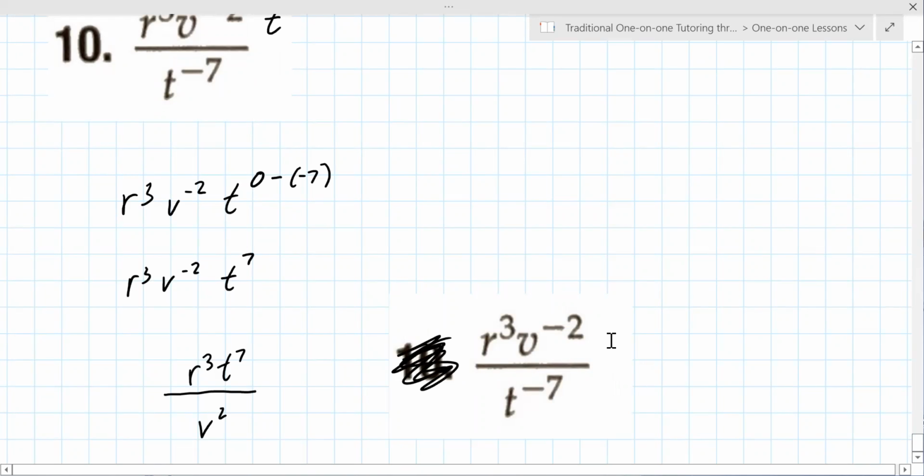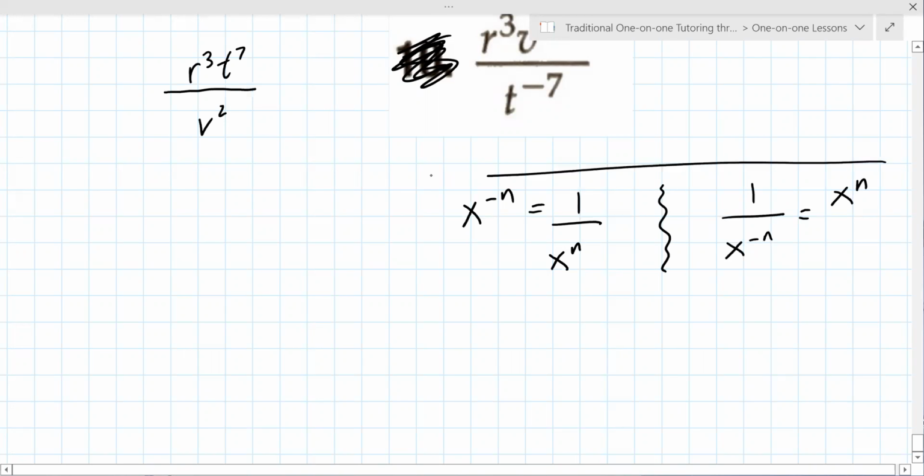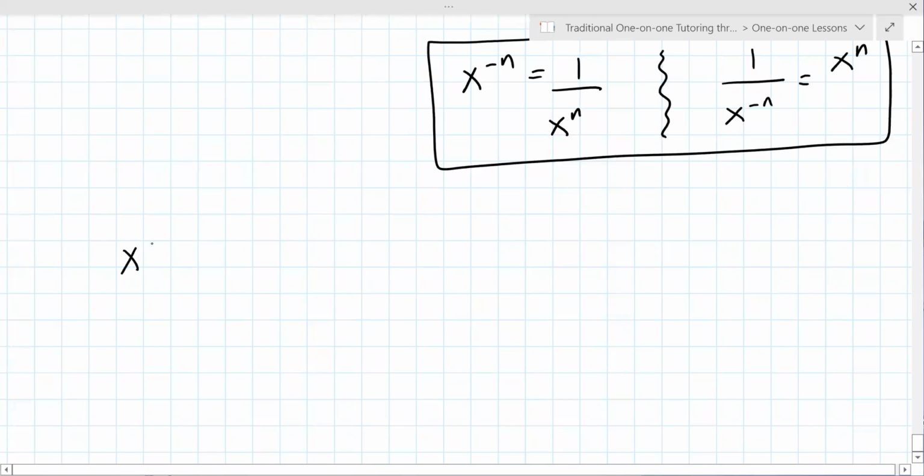Negative exponent went to the top? Yeah. Okay, I remember doing this in class. This property I gave you is only half of it. It's also true that if it's 1 over x to the minus n, it becomes x to the n. Okay, so if I give you a problem like this, if I say x to the minus